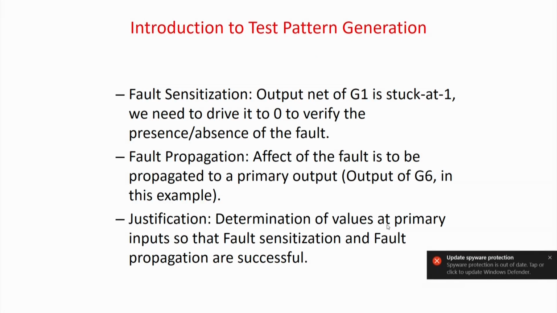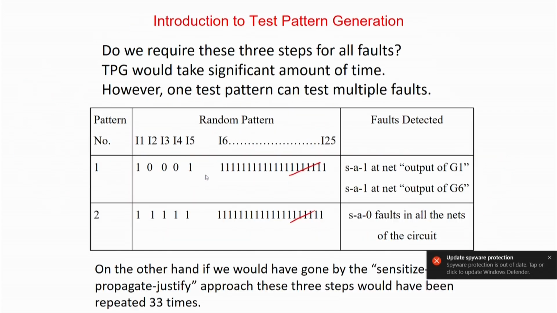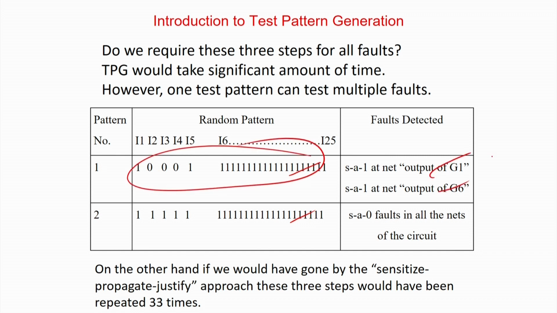So, for example, I assume that I have to test this circuit, and I apply a random pattern like 1 0 0 1 1 and 1. You will find out that stuck-at-1 fault of this one is tested, stuck-at-1 fault of this one is tested. You take another random input like this. All stuck-at-0 faults in the nets are tested. So, some 30 faults are tested. Go by this. Randomly I apply this pattern and find out which faults get tested. These are the 2 faults getting tested.